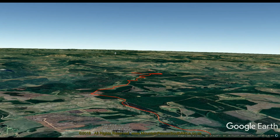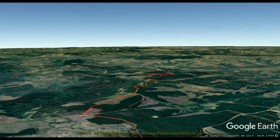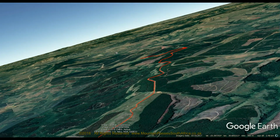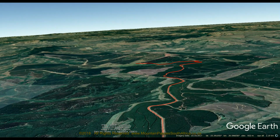at a leisurely pace. There are a number of cautionaries for this road, which include thick mountain mists, heavy rain, slippery and muddy sections, deep ruts and washaways, logging debris on the road, and the presence of heavy logging vehicles on weekdays. The pass connects Lydenburg in the north with the N4 in the south and follows a similar direction